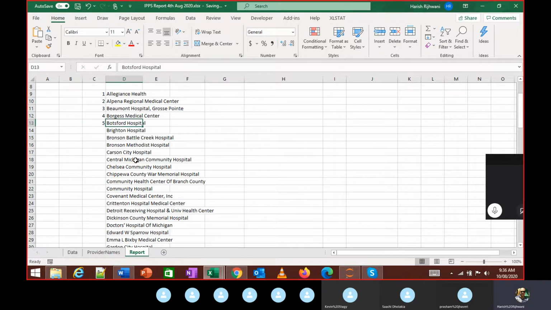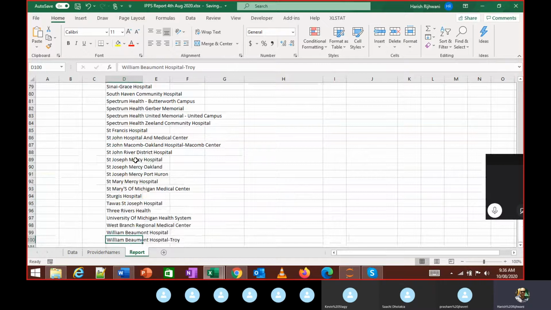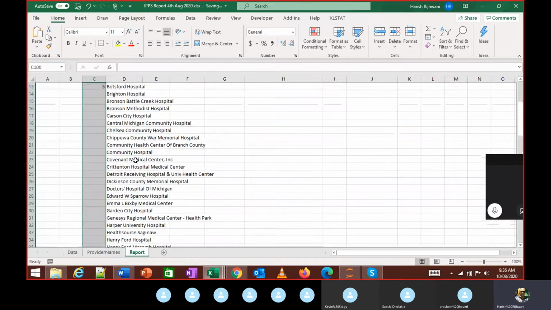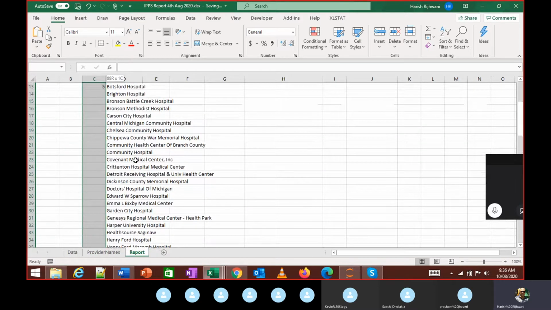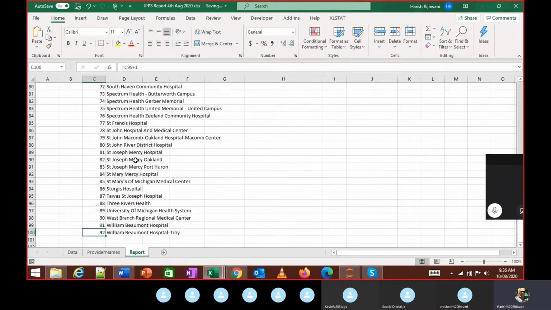In the same way, I can go to the bottom of the last filled cell and select the range. I want the value till the 100th row, so I go to the bottom, select that range, and do Control D because I want to fill the value till this point.